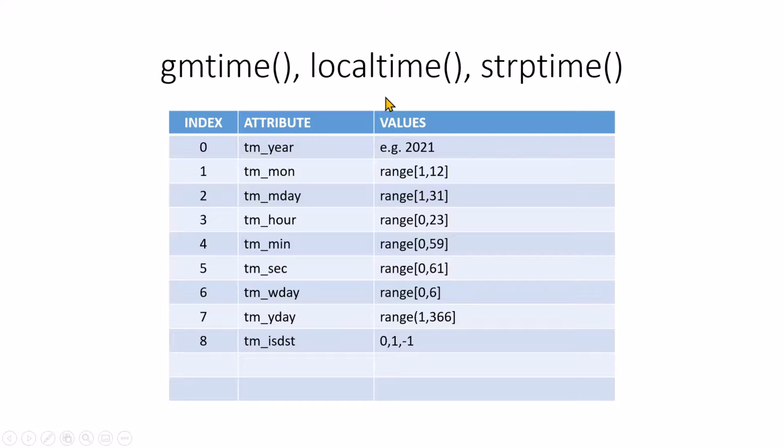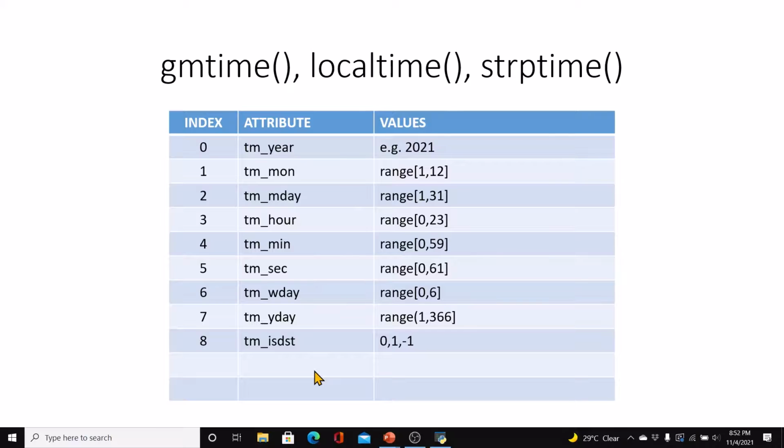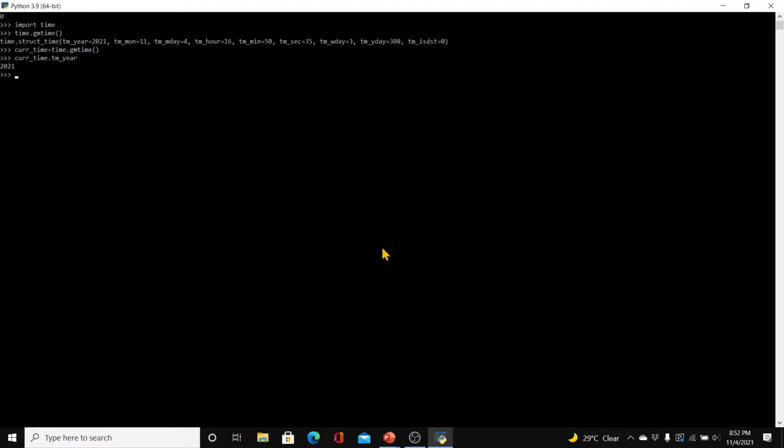Okay, now we could use local time as well. So we could say local_time is equal to time.localtime. And then if we look at local time, you can see that this is now again the same date, but it is the current time,